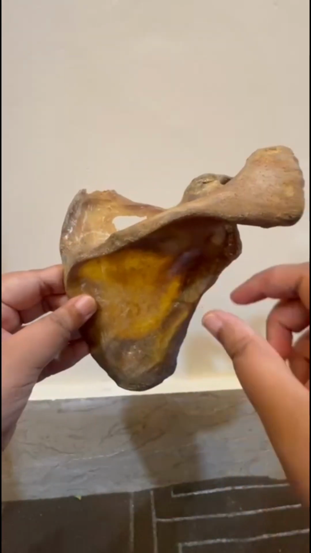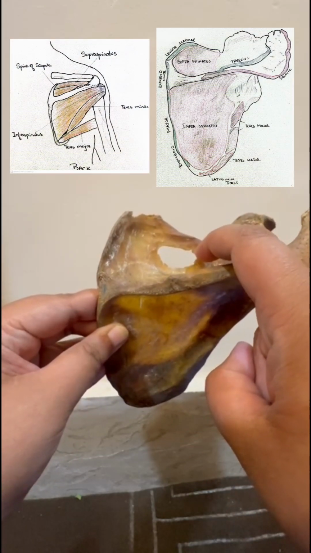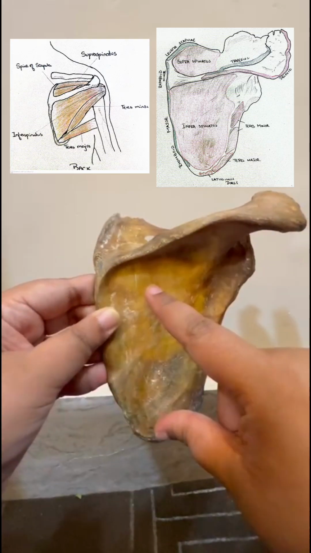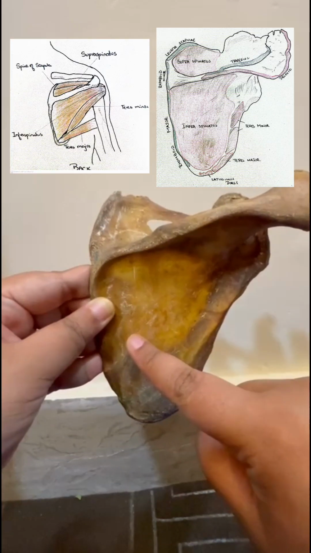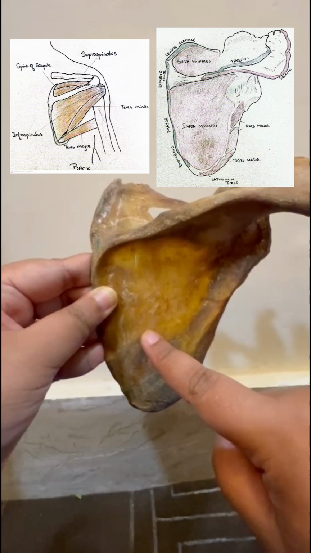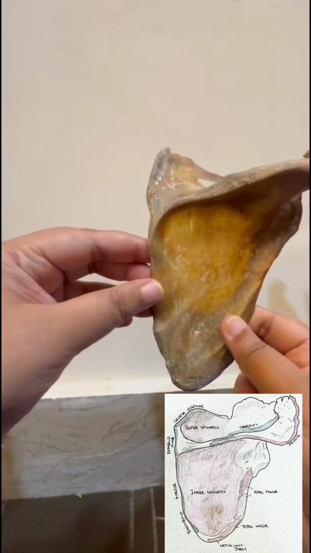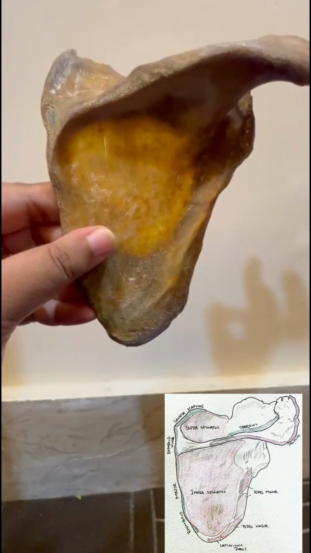Coming towards the dorsal surface, the supraspinous fossa, as the name indicates, provides origin in its medial 2/3 to the supraspinatus muscle, and just like that, the infraspinous fossa in its medial 2/3 provides origin to the infraspinatus muscle. Apart from that, now discussing the dorsal aspects of the medial and the lateral borders. First of all, starting with the dorsal aspect of the medial border.